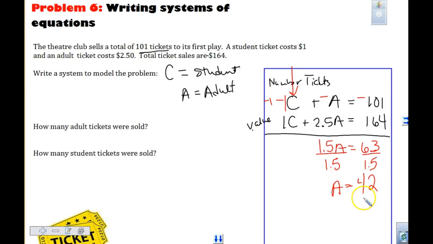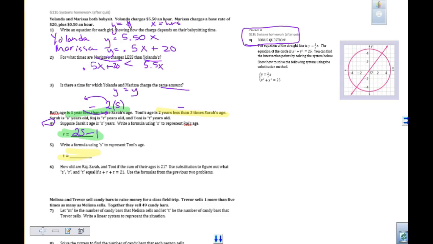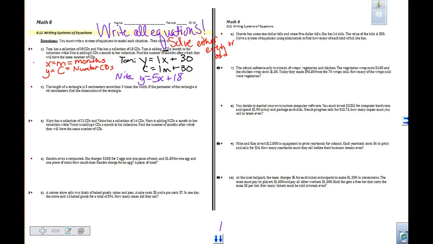We get 42. We need to subtract from 101. So we have students or adults of 42. Now you've got to find your other one. So you want to be finishing up 11B. Okay, we kind of went through the hints on that. And after the quiz,